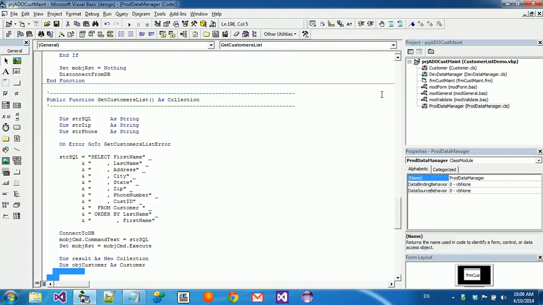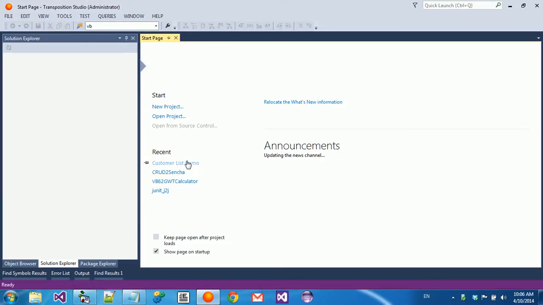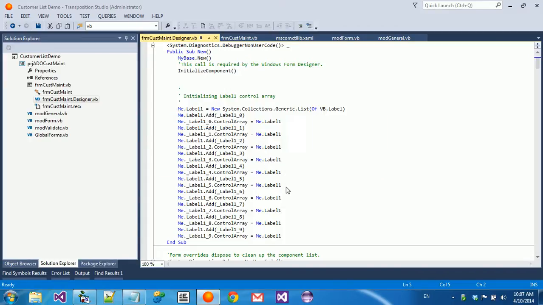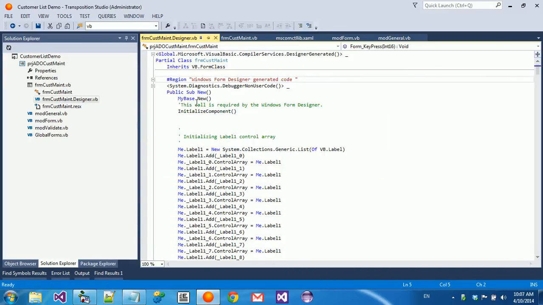So what I'm going to do now is open the Transposition Studio and open a project I've created for migrating this application into .NET. What will happen now is that the Transposition Studio is reading the code, generating what we call raw code, which is the same application but in the syntax of .NET or any other language. We are loading this code into an AST model, and above that we have a DOM, which provides us the semantic